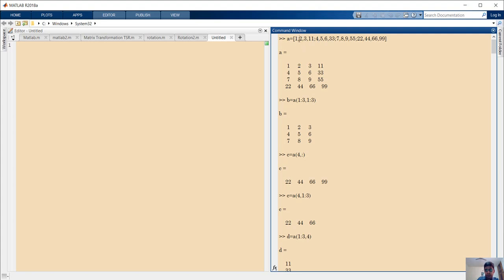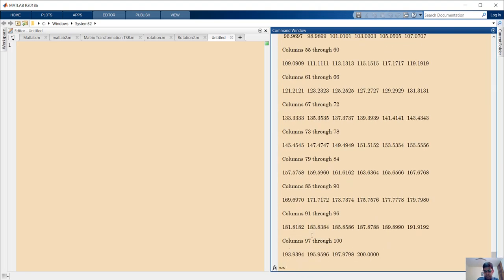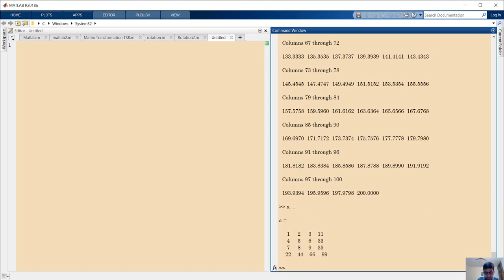and to separate rows we use a semicolon, and to separate columns we use commas, or we can also use spaces. Or we can use commas. Okay, let me go down and just simply press enter A. As you can see,